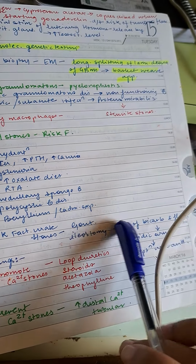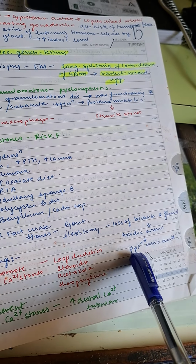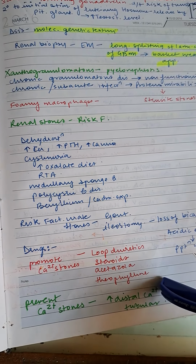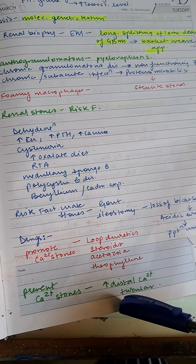Urate stones: gout, ileostomy, loss of bicarbonate fluid, acidic urine and precipitation of uric acid. Drugs that promote calcium stones: loop diuretics, steroids, acetazolamide and theophylline. This prevents calcium stones and increases distal calcium